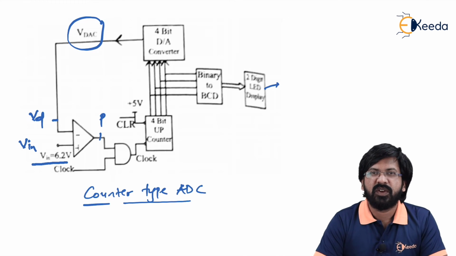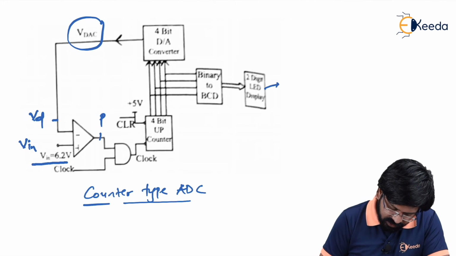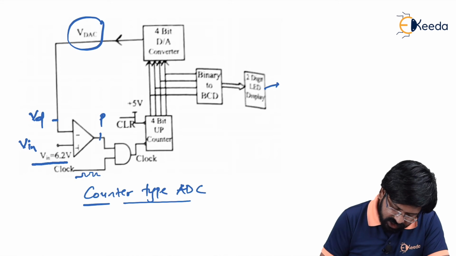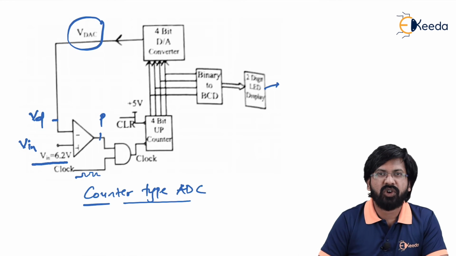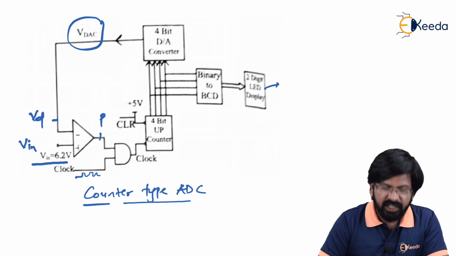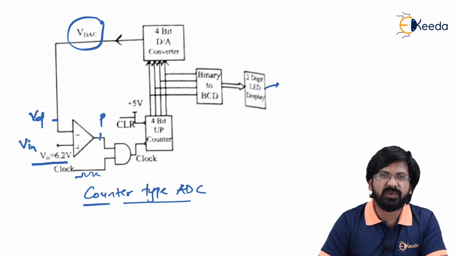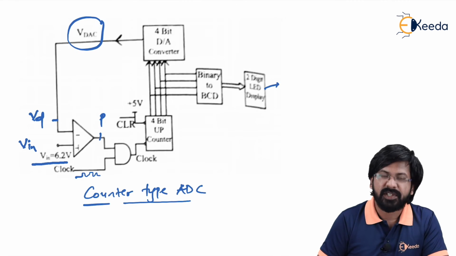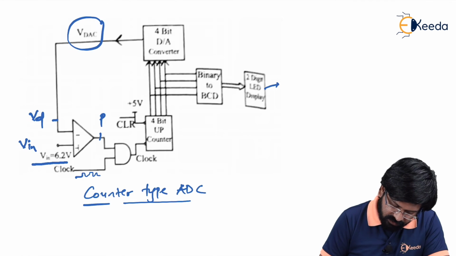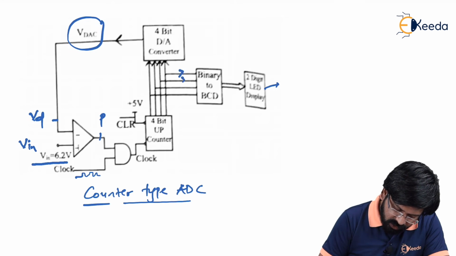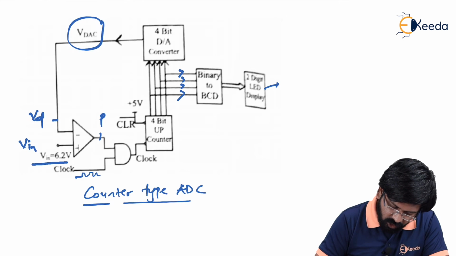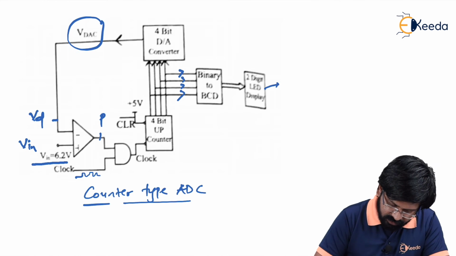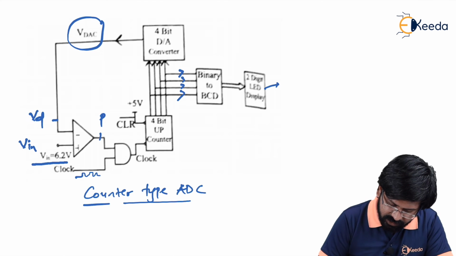And output P was controlling the AND gate, where one of the inputs of the AND gate was the clock itself. So this clock is either provided at the output or not provided, depending upon the status of P. If P equals 0, the AND gate is enabled, the clock is given, the up counter starts working, and accordingly we get the exact output. Is that right? So as we have already seen, at the output of the counter only the digital output is taken. So now we have a straightforward formula. Let us use it.